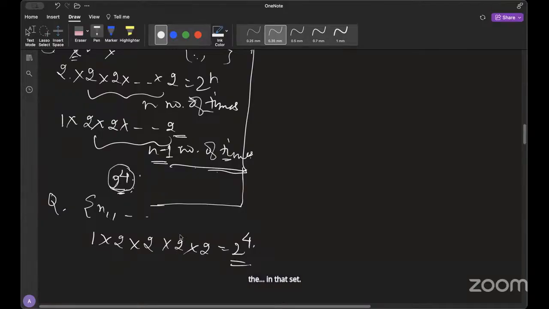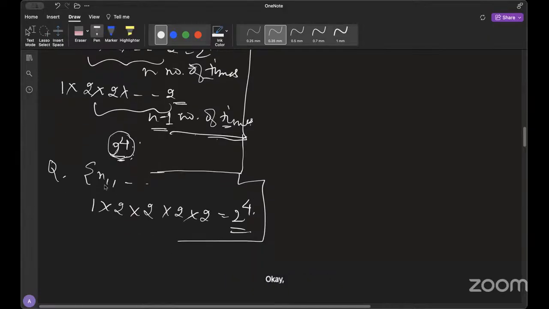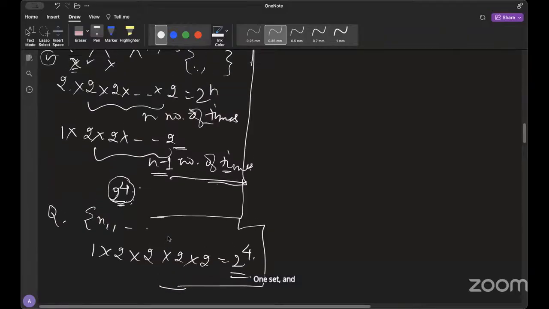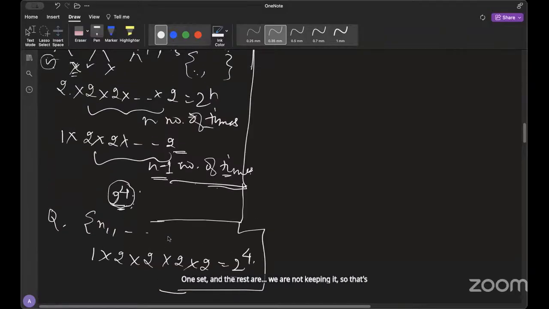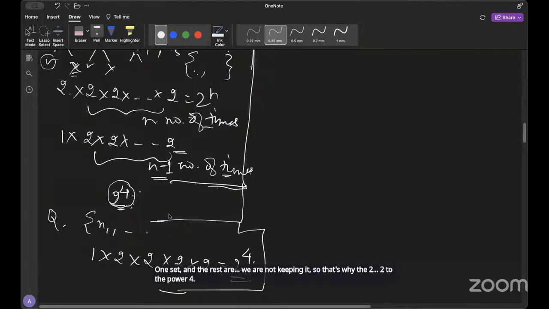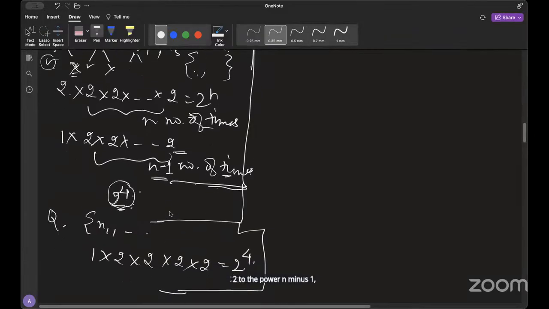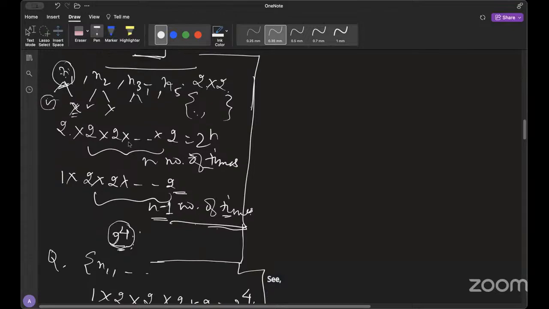Ma'am, can you generalize this formula? This is the generalization. We are only keeping one element, and the rest we are not fixing. So that's why it is 2 to the power 4. 2 to the power n minus 1, I think. Am I correct? If you're certain that this element is in the sets, let's just say you have to figure out the number of subsets